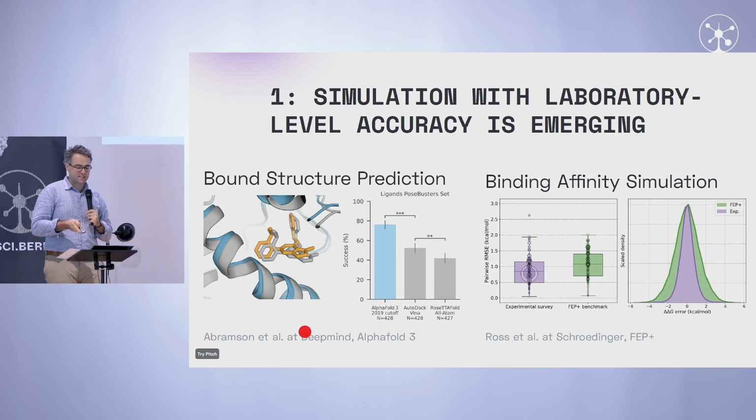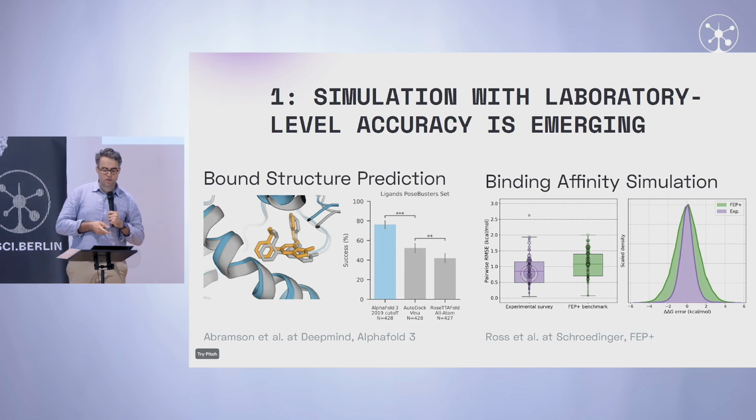What is the intensity of the binding affinity? And there are also some pretty exciting news coming up here, and this is from Gregory Ross, who was at Schrödinger at the time that this paper was published, who's now at Isomorphic Labs, the DeepMind spin-out. And basically, what they did here is they had a simulation product that they call FEP+. And FEP+ is able to take one of these structures and then simulate how tight is this interaction. And what they did was they looked into historic data where people ran high-throughput assays and low-throughput, sort of very sensitive assays of binding affinity.